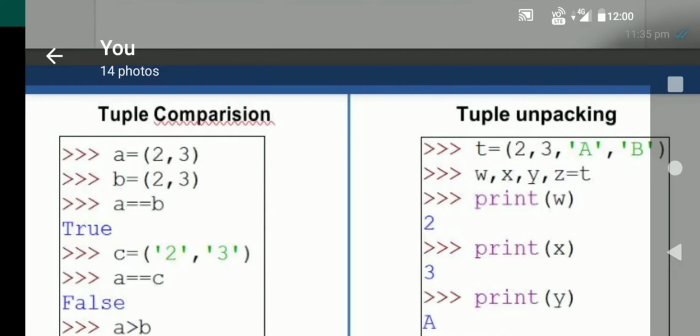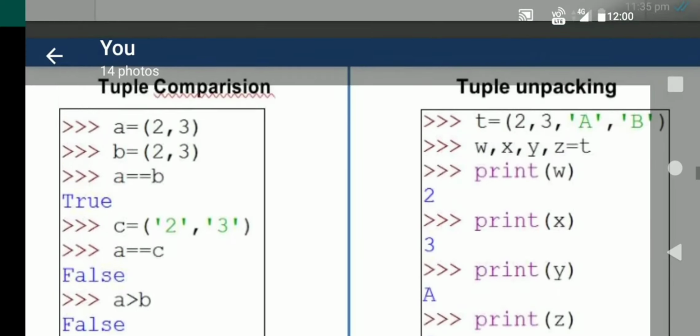Here you can see print w, x, y, z, 4 variables for the 4 values 2, 3, a or b. So w, x, y, z will store the values of the t tuple in sequence order. w will contain 2, x will contain 3, y will contain a, and z will contain b. It will be in left to right order.